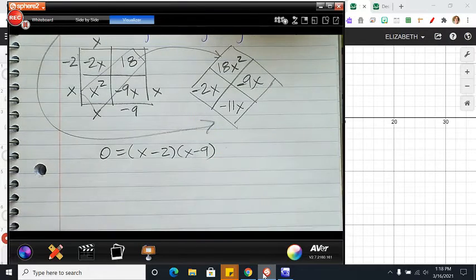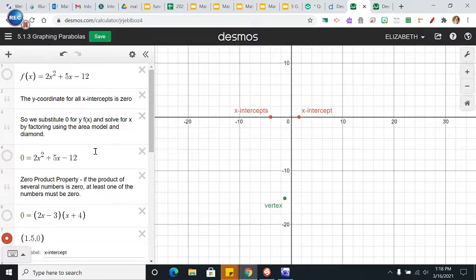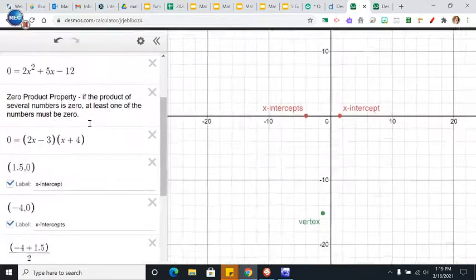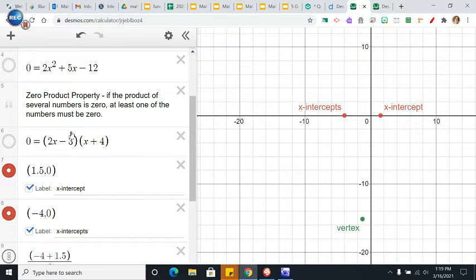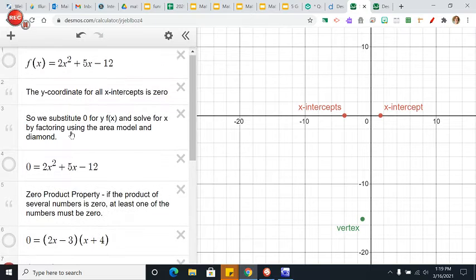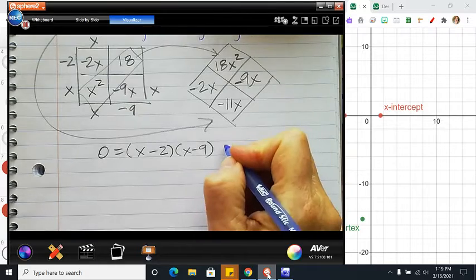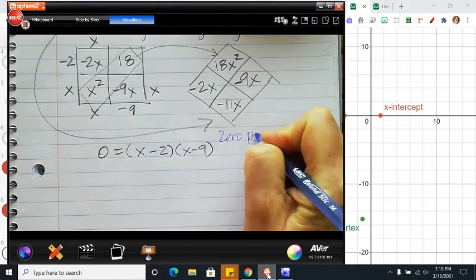Okay, now we are using zero product property. So zero product property says if the product of several numbers is 0, at least one of the numbers must be 0. So one example factored into 2x minus 3 and x plus 4. So that quantity, 2x minus 3, times this quantity, x plus 4, equals 0. Well, if you're multiplying two quantities together and getting 0, at least one of those quantities, at least one of those amounts is 0. So let's write zero product